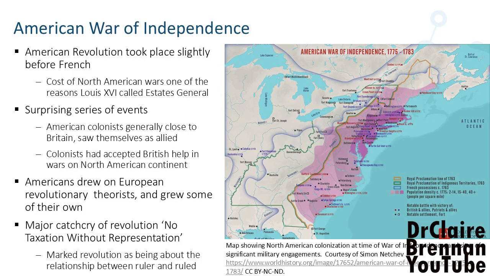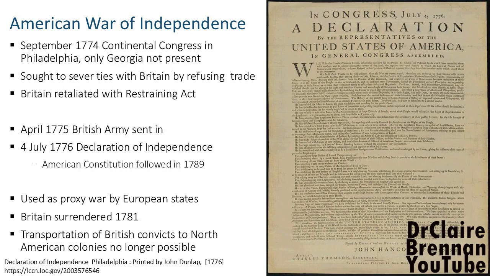And while the documents produced by this revolution, because revolutionaries like to produce paperwork, might pick up big ideas, at heart it came down to taxation and to what taxation meant in terms of the relationship between the state and the person paying. No taxation without representation. And here's some of the paperwork produced by the revolutionaries. They produced a Declaration of Independence, they produced a Bill of Rights. They liked to put their ideas on paper.